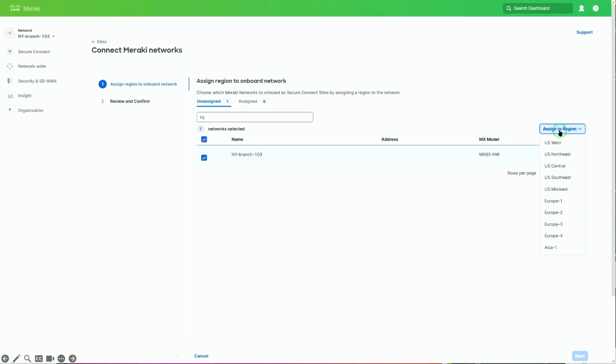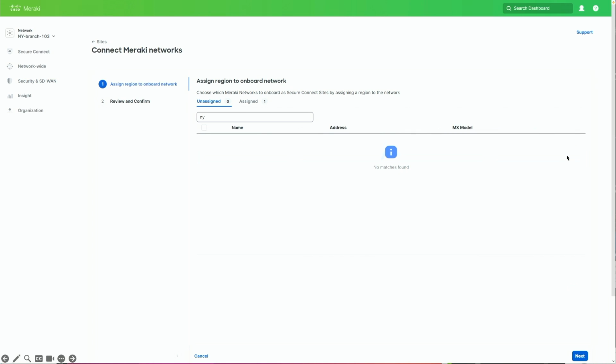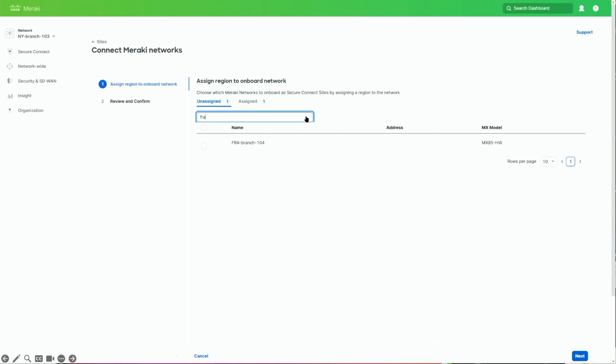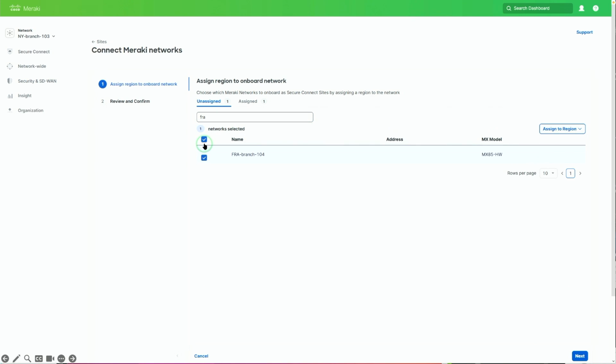So since it's a New York branch, I'm going to select the New York data center, which is the northeast region in the US territory. Then I'm going to find another site which belongs to Frankfurt. So it's a Europe region now. I'm changing it globally as we speak. So this is a Frankfurt site, connecting again the same way,